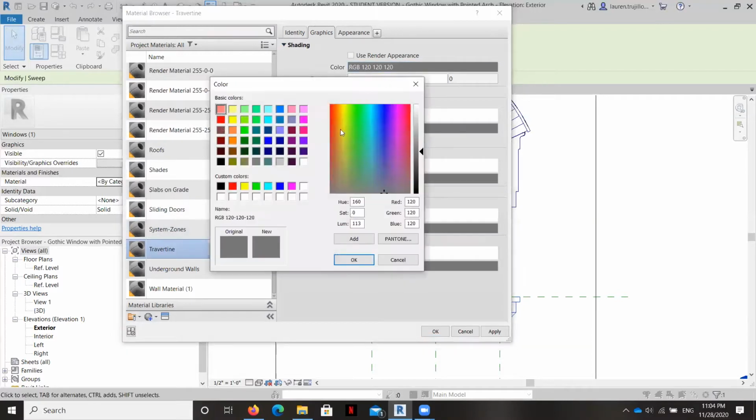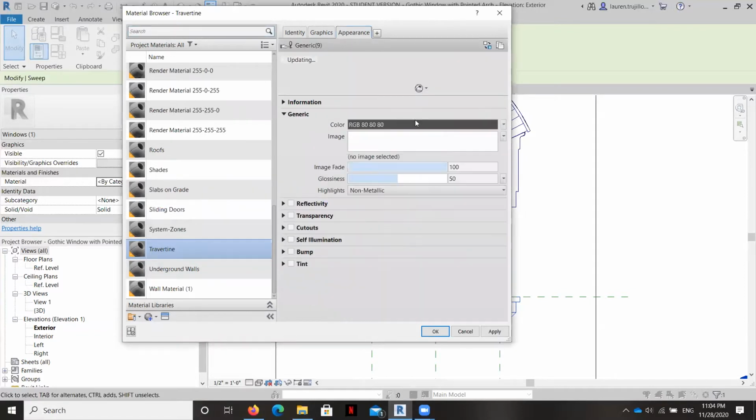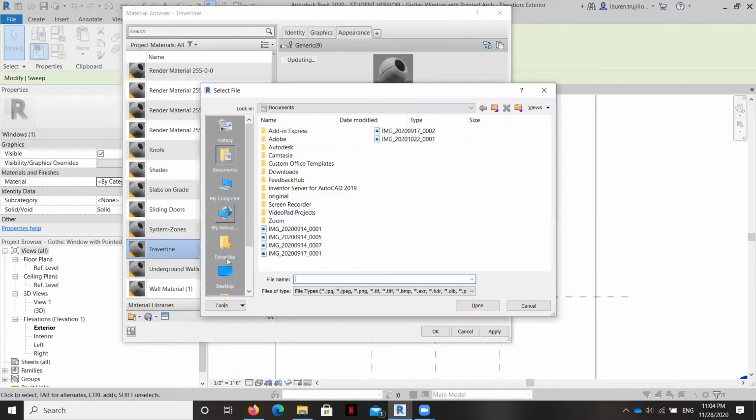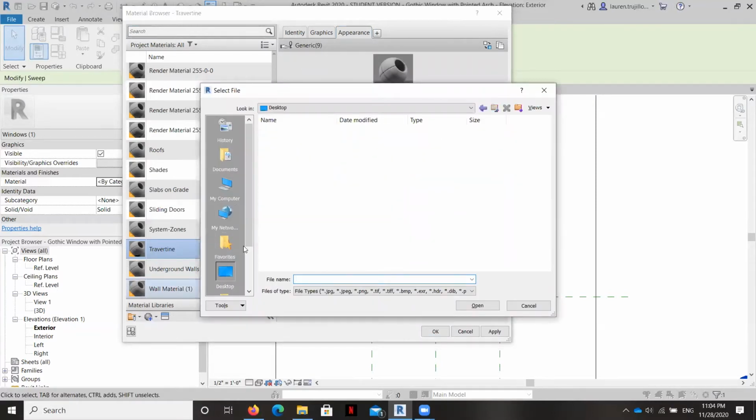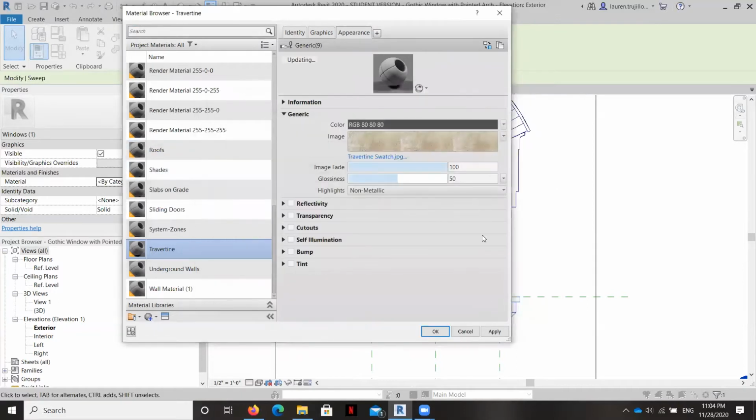I'm going to change the render appearance to sort of a beige color, something like that, that looks travertine-esque. And I'm going to change the appearance to this image that I have saved. And so I'm going to go to my folder for the week. And I've got a travertine swatch here.